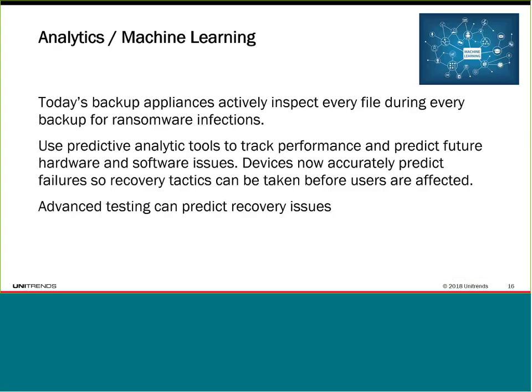When we talk about analytics and machine learning, new analytics and machine learning capabilities can enhance data utilization, ensure the backup appliances will perform at peak efficiency. Today's IT resilient backup solutions are actively inspecting every file during the backup for ransomware infections. They look for things like too many changed files, system files changing that shouldn't change, inappropriate rates of change. Files believed to have been corrupted are then automatically flagged so that they're not used for recovery. Upon detection, the solution will automatically notify administrators through email and notices on their dashboard, so recovery can begin immediately.